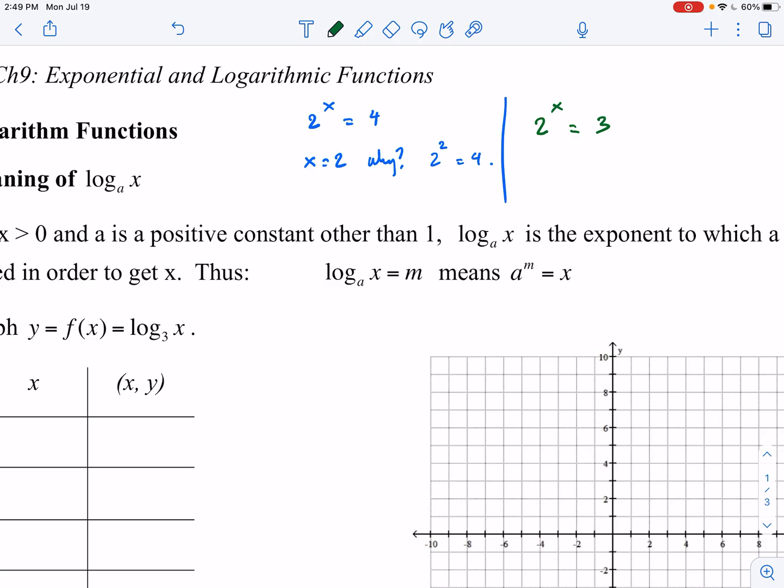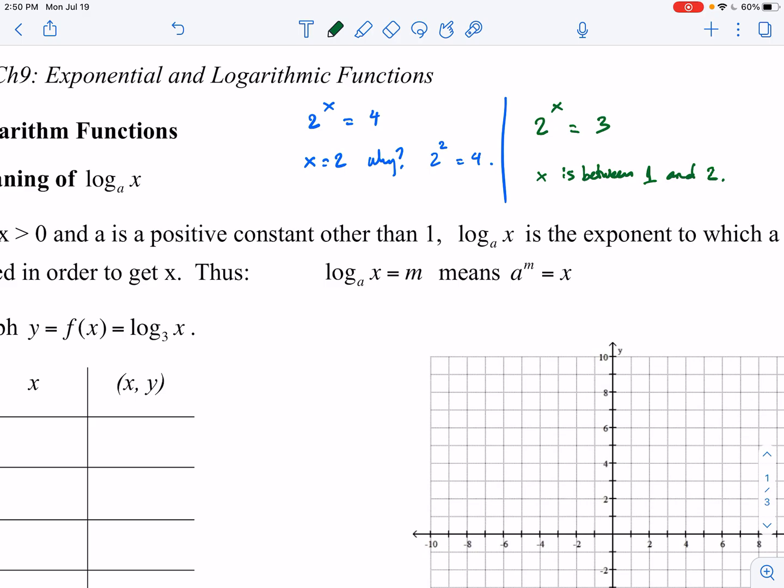We know that x has to be between 1 and 2, because 2 to the 1 is 2, and 2 to the 2 is 4. So to get 3, it has to be a number between 1 and 2. But it's not a whole number, and it's not a rational number. It's one of those numbers where we have to use a calculator to actually get the